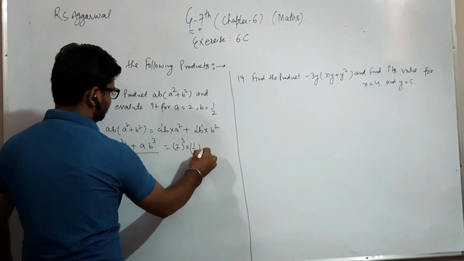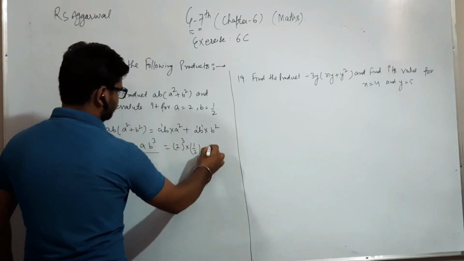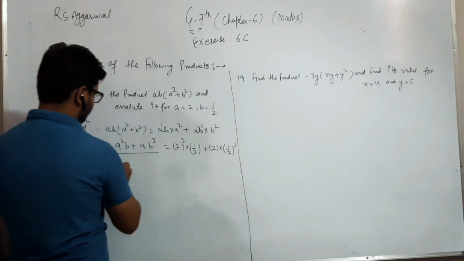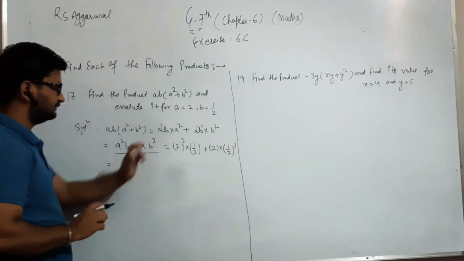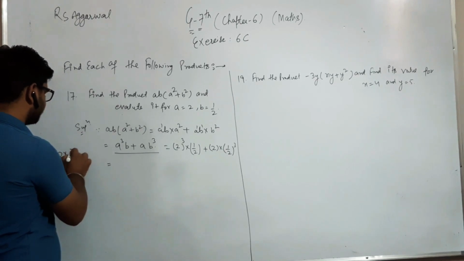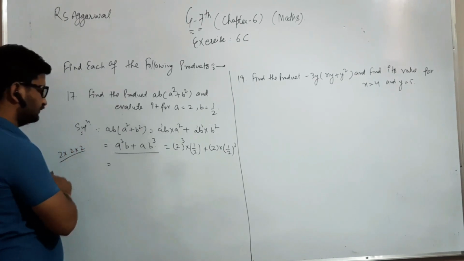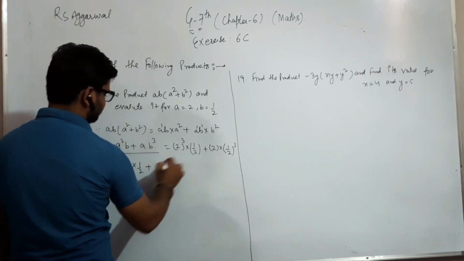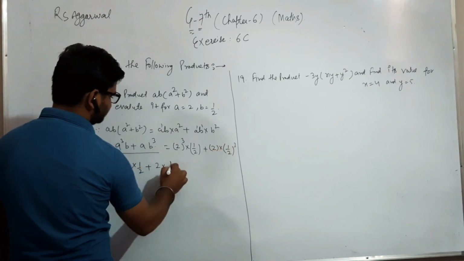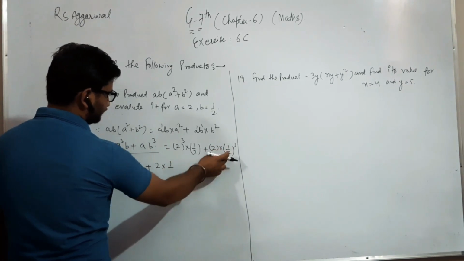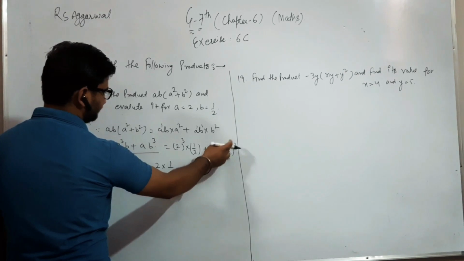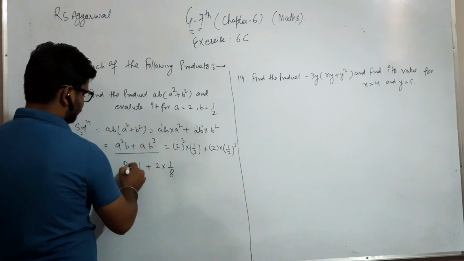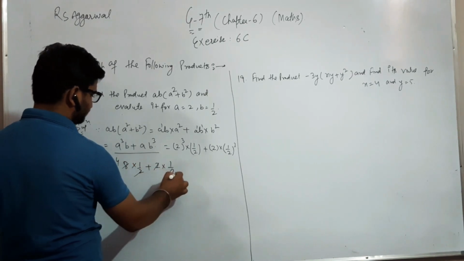1 by 2. Okay, then plus sign, then 2 is a and then b is 1 by 2 raised to power 3. So here with 2 raised to power 3 means we multiply 2 with 3 times. Okay, 2 to the 4, 4 to the 8. So it is 8 into 1 by 2 and then plus sign, then 2 multiplied with 1 by 2. It is in denominator 2 raised to power 3 means the 2 multiplied with 3 times, it is still 8. So 2, 4 to the 8.